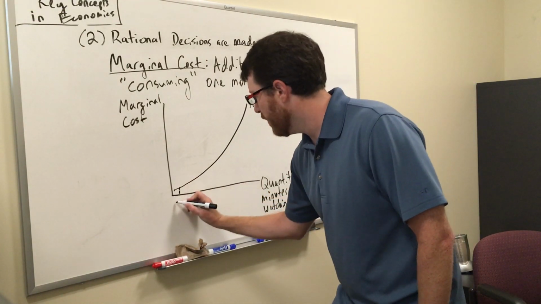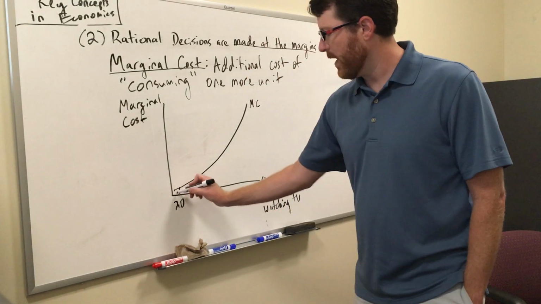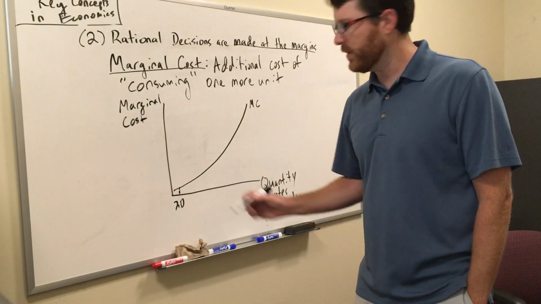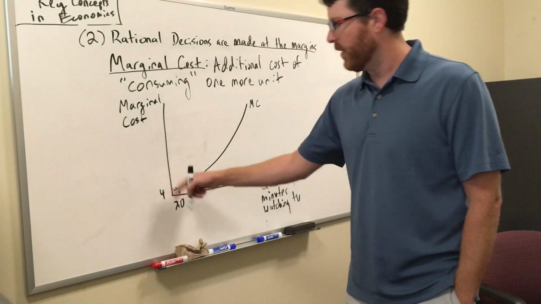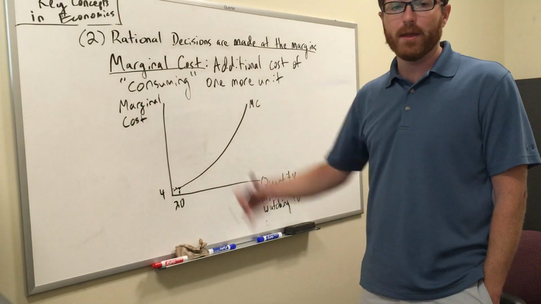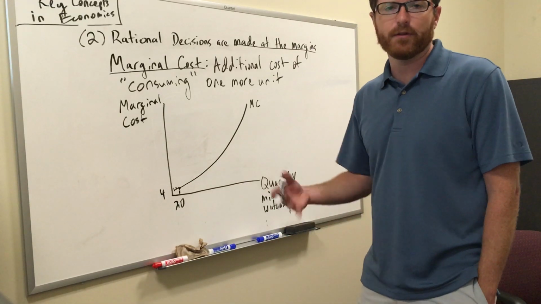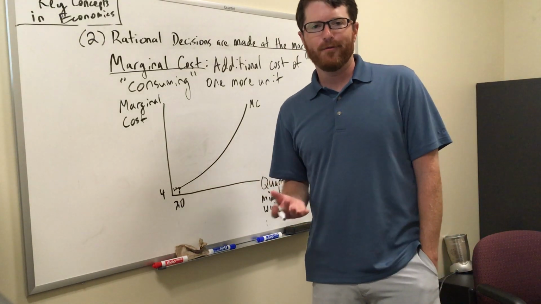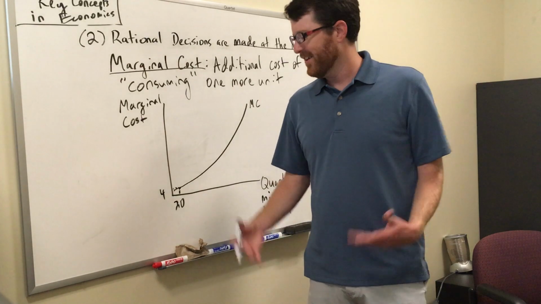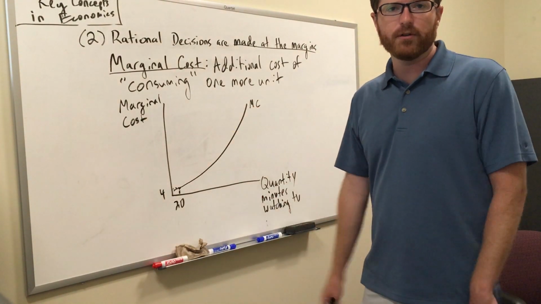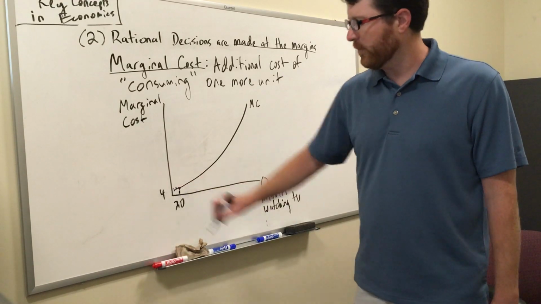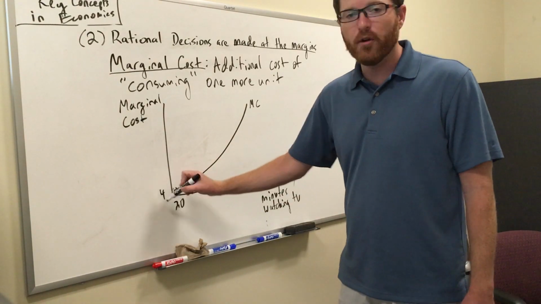So if this is 20, maybe that 20th minute of watching TV has a relatively low cost here. All right, maybe I'm saying 4, right? The units here don't make sense. If I tell you the cost of watching a minute to me is 4 utils, 4 units of utility, it doesn't really make much sense, but we can think about a comparison of where these numbers are, okay? So 4 doesn't make a whole lot of sense, but what we can say is this is a low number,